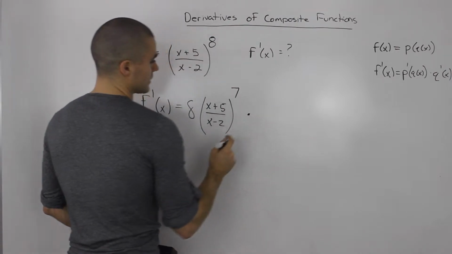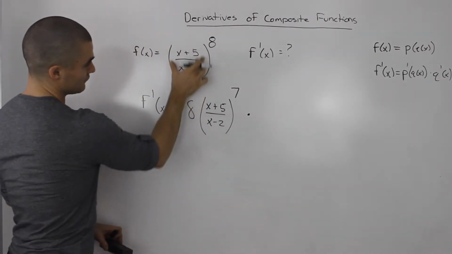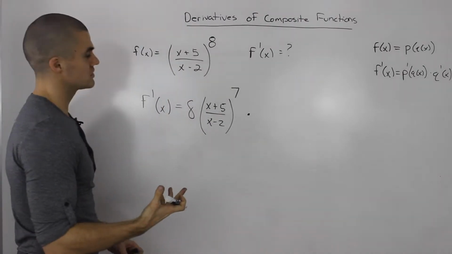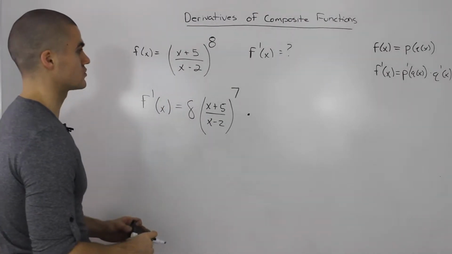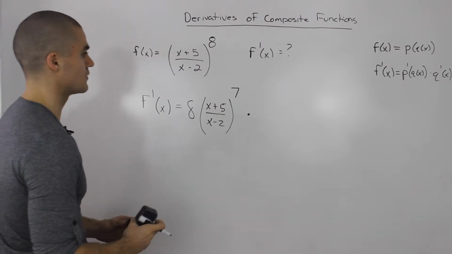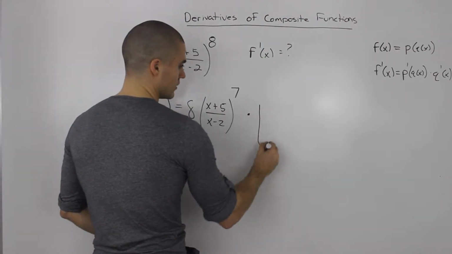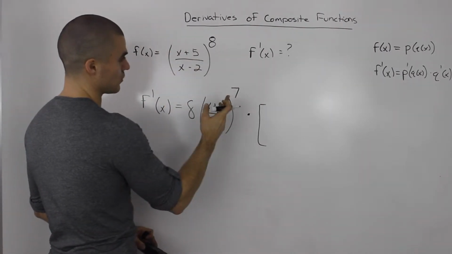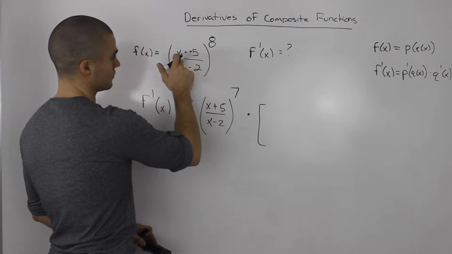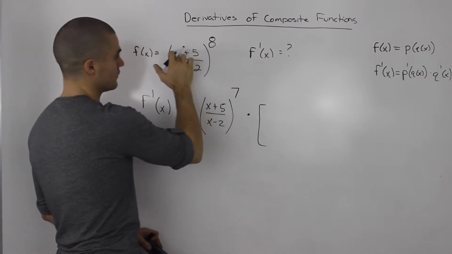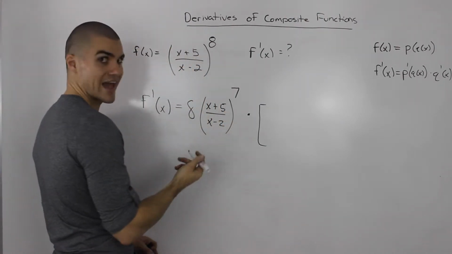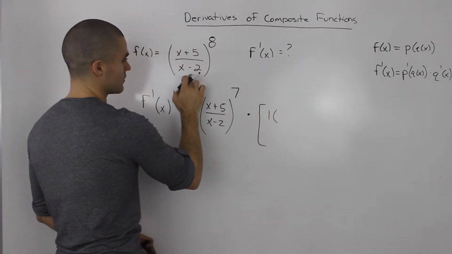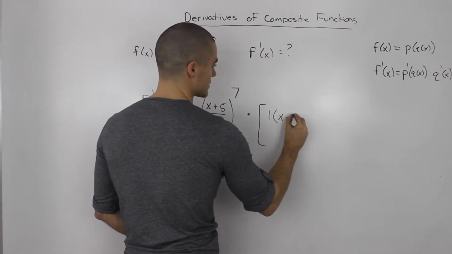Now what we've got to do is multiply it by the derivative of this function inside. Notice how this function inside is a rational function, so we can use the quotient rule to get the derivative of it. So now we're going to be working with this function inside. How do we find the derivative? Use the quotient rule. You take the derivative of the numerator, which is just 1, right, because of this x. So we have 1 times the denominator as itself, this x - 2,